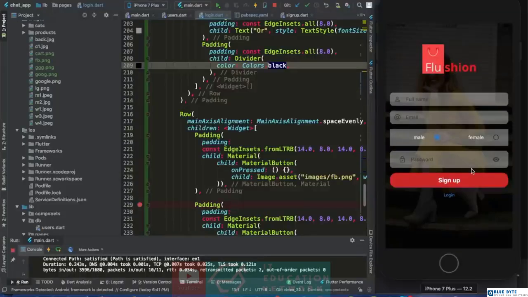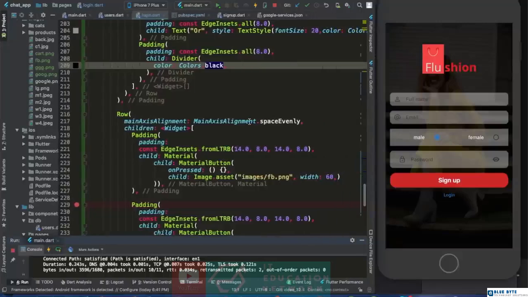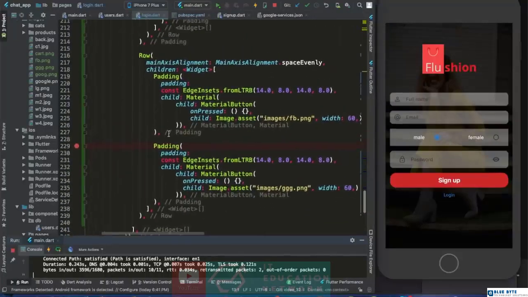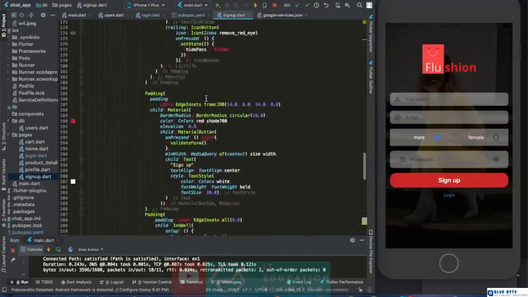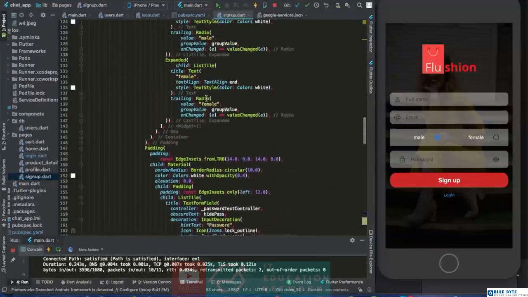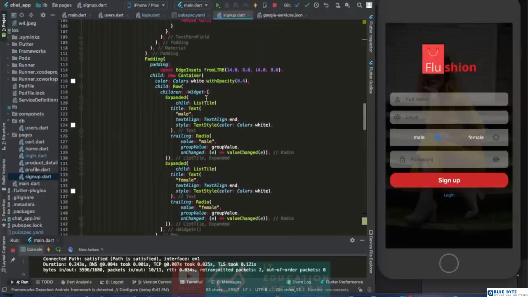So now let's do some modifications to make sure our sign up screen looks similar to our login screen, and you will understand how this was done. To make that possible, let me go to the sign up screen, and the very first thing I did was